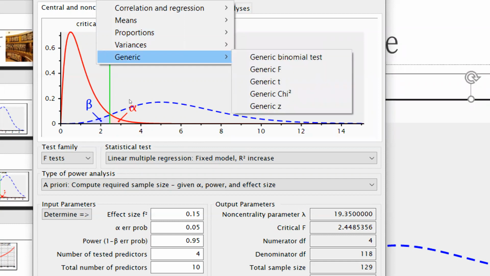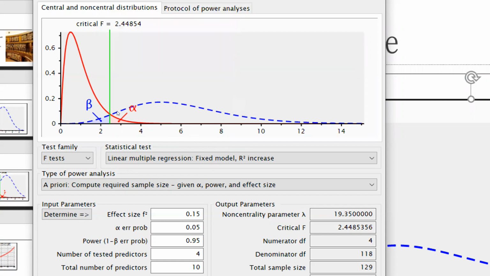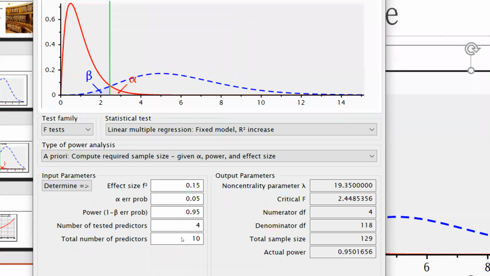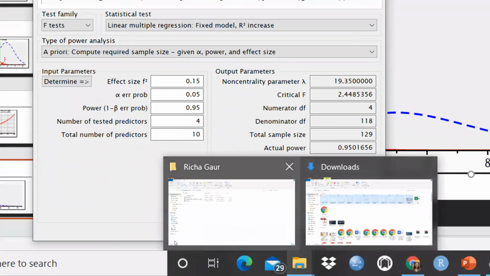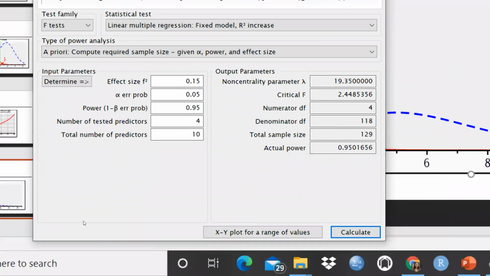Here is generic binomial test, generic chi-square, and Z test. So this is a beautiful package you should use, and in each and every test condition you can calculate a sample size.